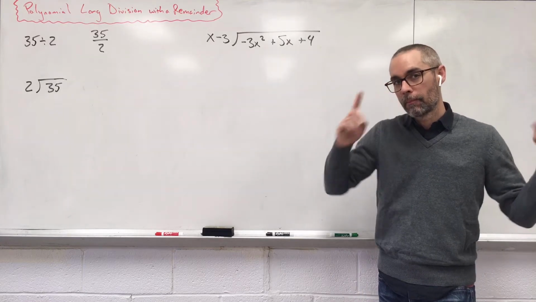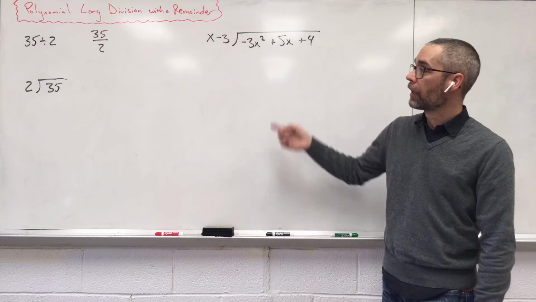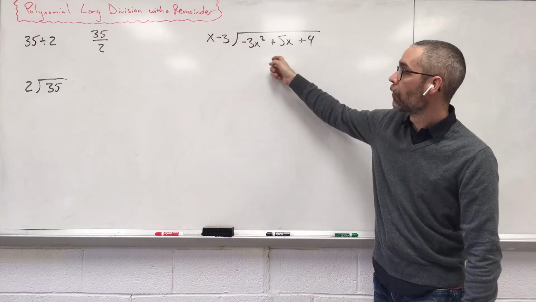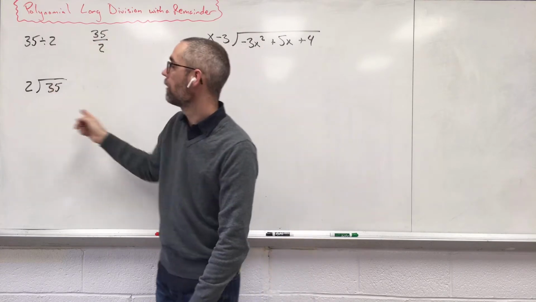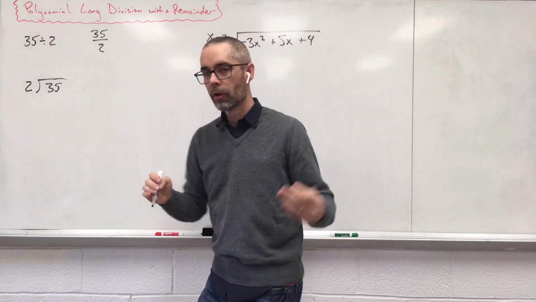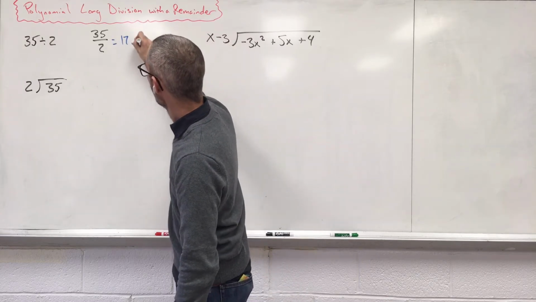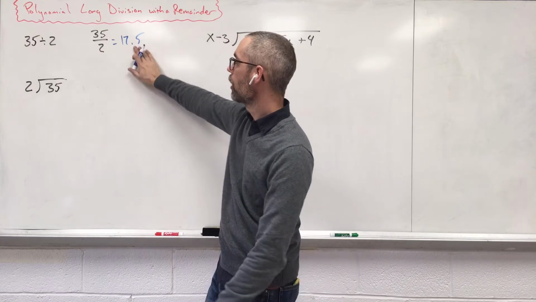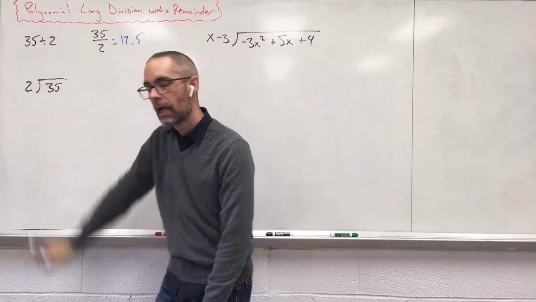Hi, we're going to look at polynomial long division with a remainder. And once again, before I do this, I want to look at the basics. So I have this problem rewritten 3 times, the same problem, 35 divided by 2. If you were to plug it into the calculator, you end up with 17.5. But I don't care about the answer, I care about how we get there, because understanding this helps us